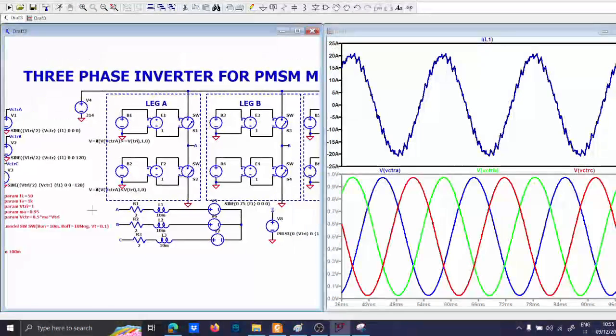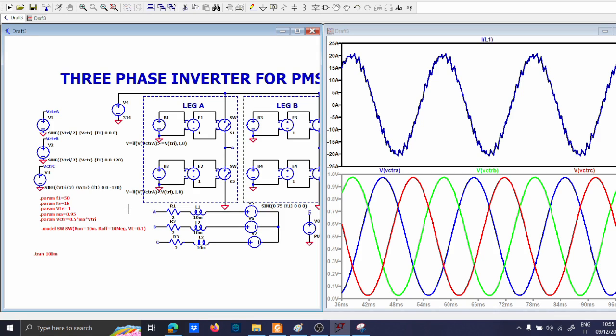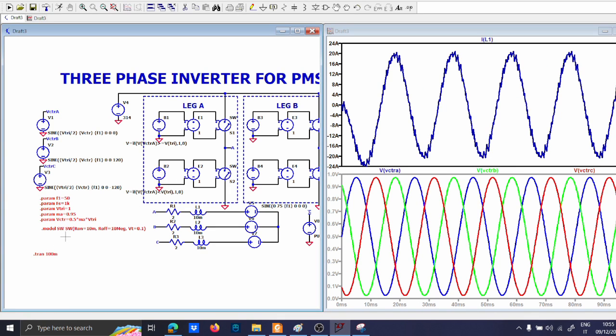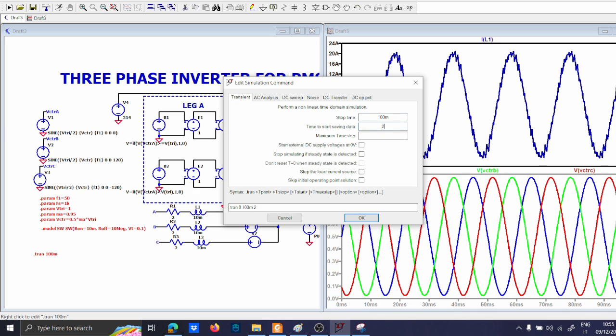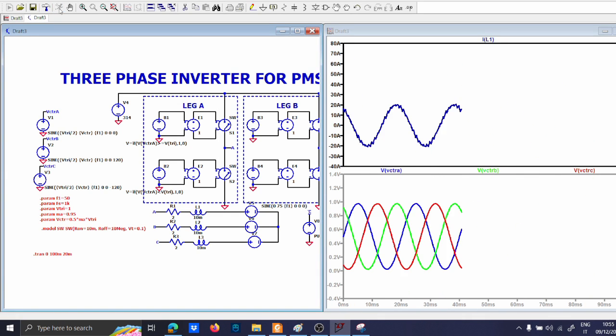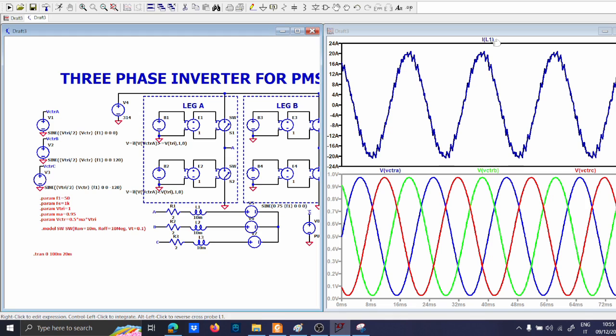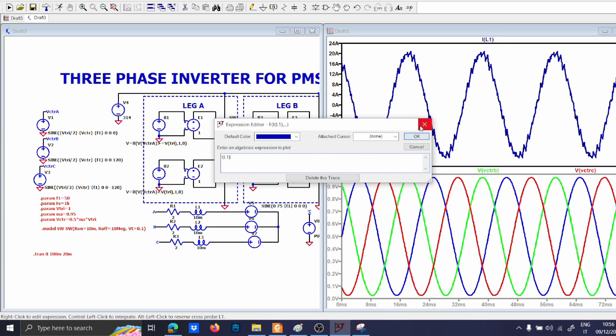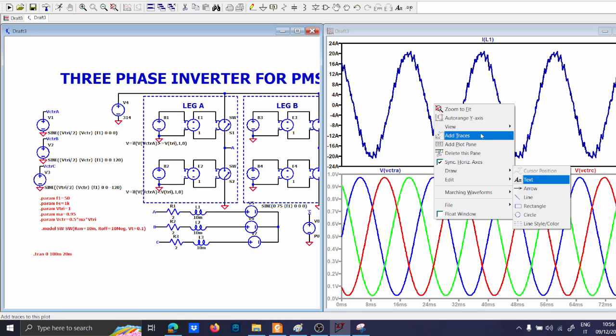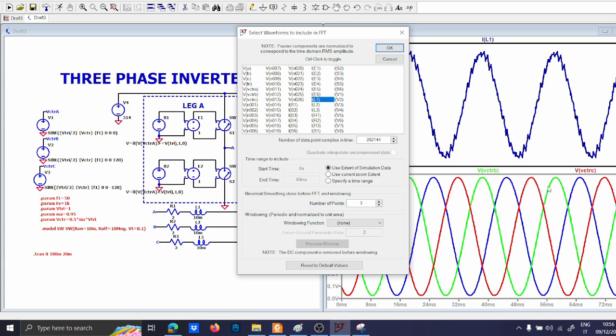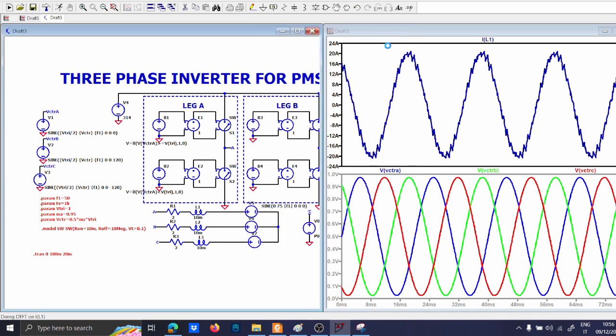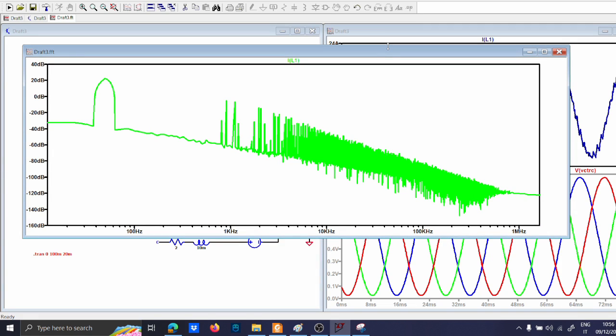Another interesting thing to see in the square wave inverter is the spectra. Let's skip the transient first of all. Let's skip the first 20 milliseconds. As you can see, the simulation is very fast. Let me view the spectra with the FFT, and we will choose this current which is highlighted. Okay. Now, what you can see here